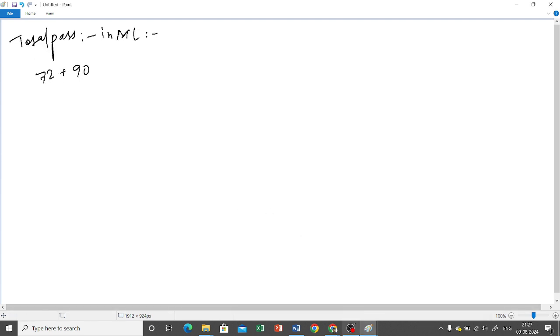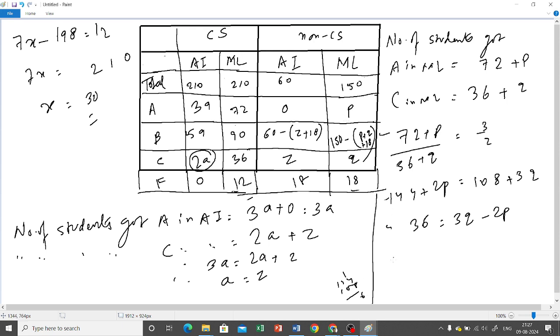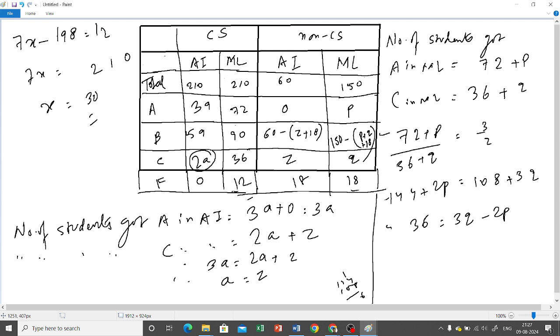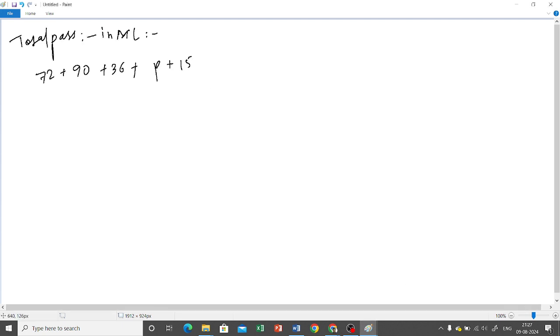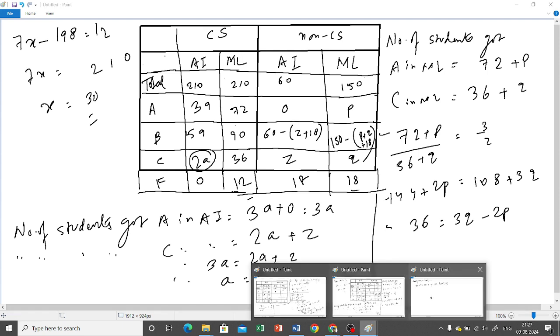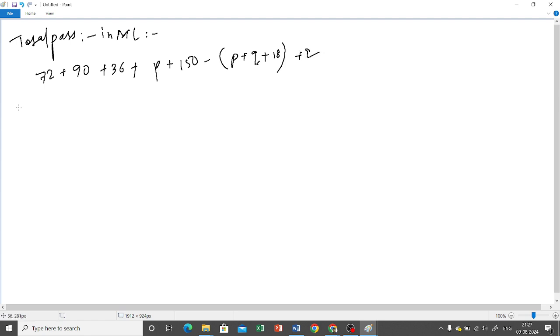72 plus 90 plus 36 plus p plus 150 minus p minus q minus 18 plus q. If p got cancelled out, q got cancelled out, what we get is